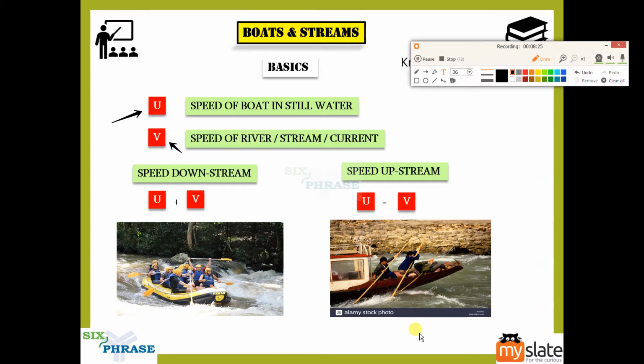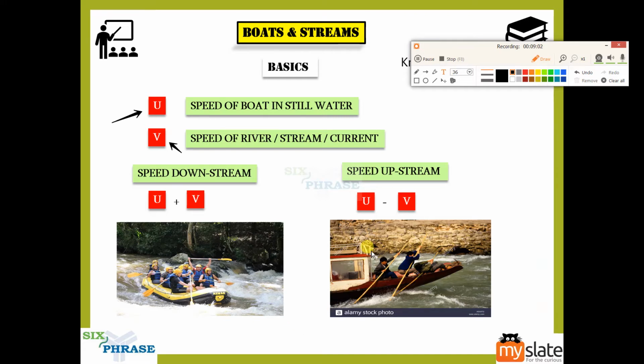Now you have to understand here, guys, the force exerted by the rowing should be greater than the force exerted by the river. If the force exerted by these guys is not greater than the force exerted by the river, what will happen? The boat will never go upstream. It will be crashed downstream, or flushed downstream. You understand this word, flushed. It will be flushed downstream.